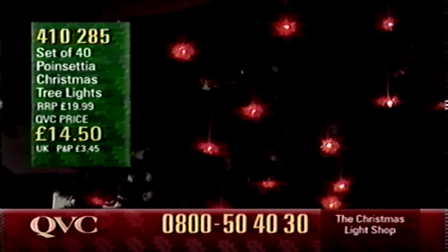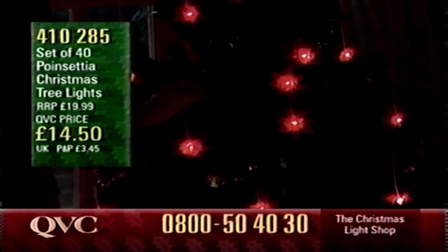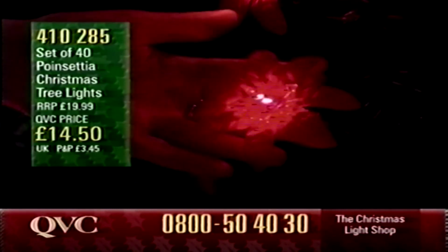Now, oddly, when you're seeing it on your screen from a distance, you're not getting the whole effect. The slight close-up that you'll get in a second, in fact here, you will be able to see that it lights up all the petals and gives a very natural, very, very